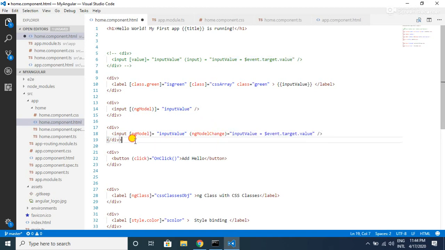So this syntax is exactly same as this syntax. So Angular desugars this syntax into the below one. We can also do this with this syntax.